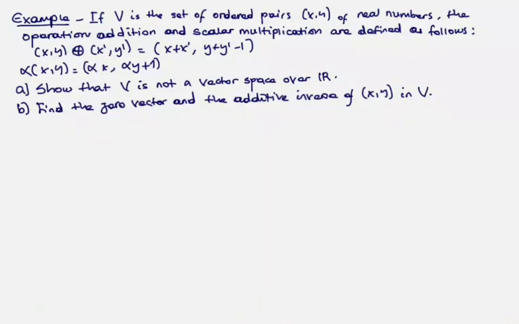አንድ ፕራክቲካሊ የሆነ ኤግዛምፕል እናያለን። ጥያቄው ምን እንደሚለን: if V is the set of ordered pairs (x, y) of real numbers, the operations addition and scalar multiplication are defined as follows. (x, y) plus (x', y') is not a regular addition, it's the rule of association ብዬ የገለጽኩት addition, which gives (x + x', y + y' − 1). Alpha, which is the scalar multiplication, times (x, y) gives (αx, αy + 1)። ስለዚህ ጥያቄያችን ምንድነው የሚለው: show that V is not a vector space over the real numbers ነው የሚለው።